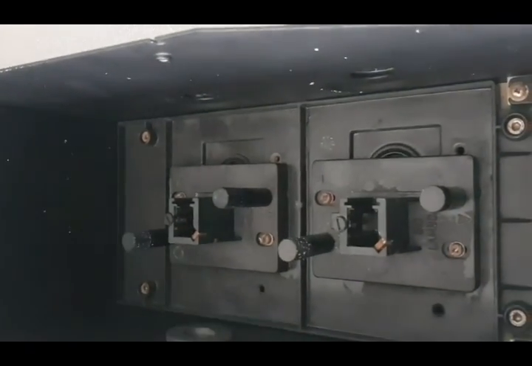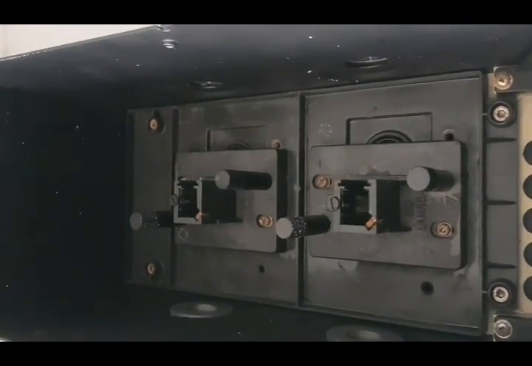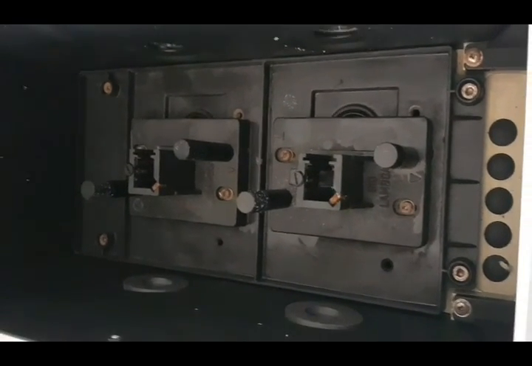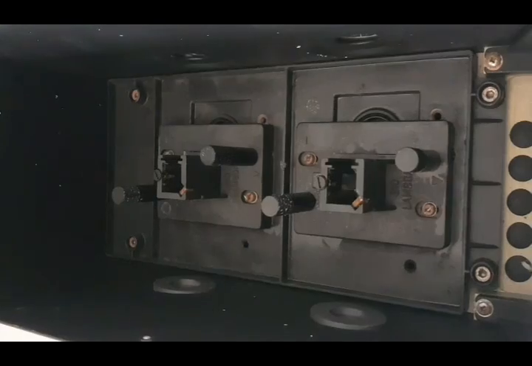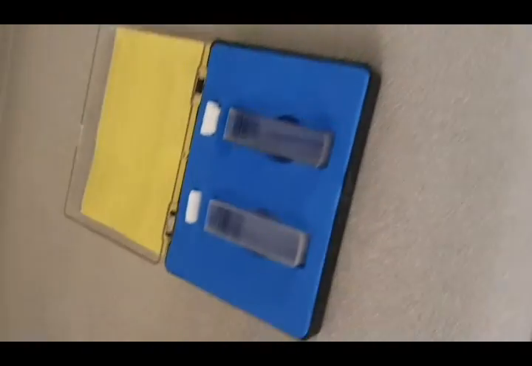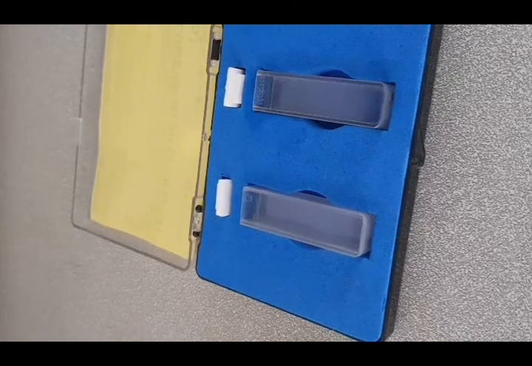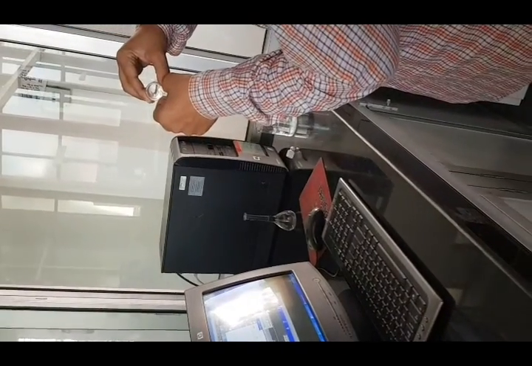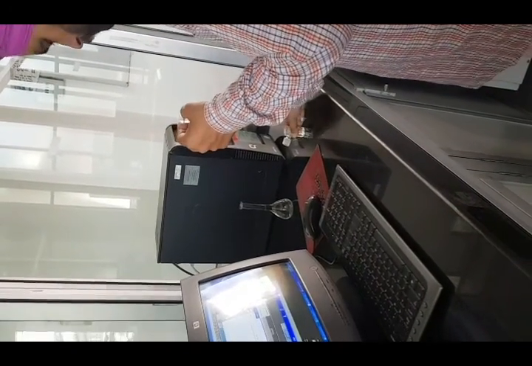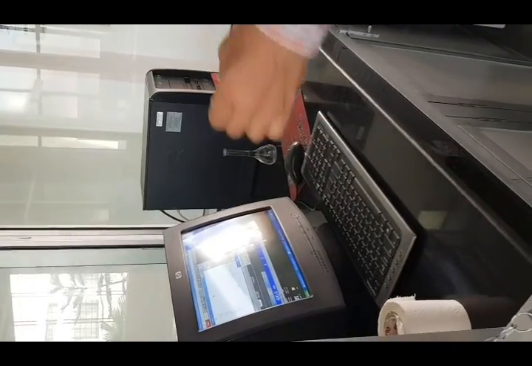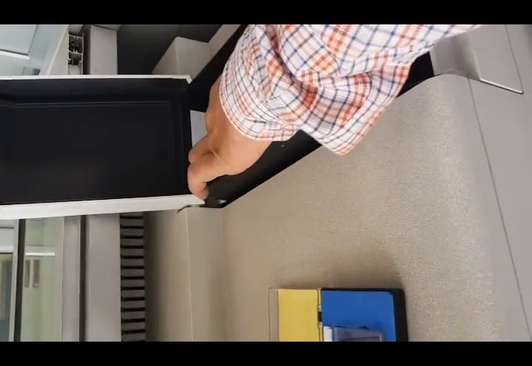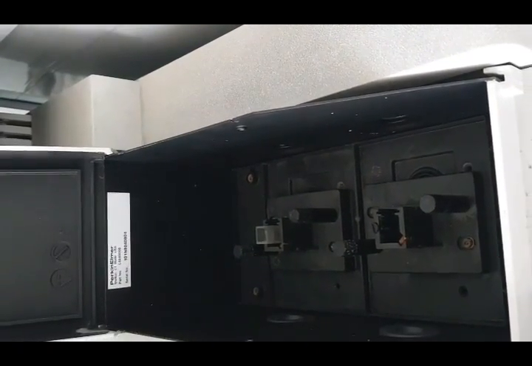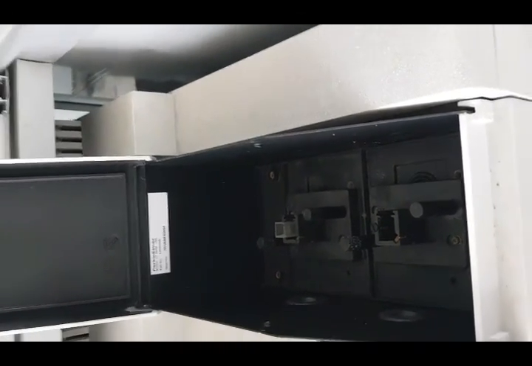So look, this is the place where we will set the cuvettes, one for reference and one for standard. These are our cuvettes. In this we have to fill the solution. So we are transferring the reference solution to the UV cuvette and keep this cuvette in the reference box. This is the reference box for standard solution or reference solution.